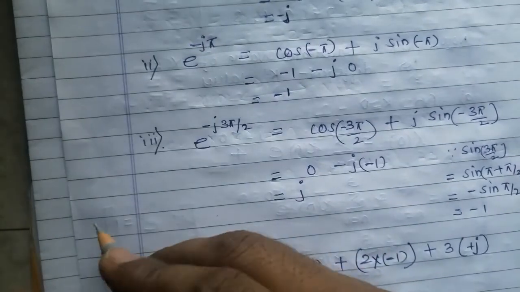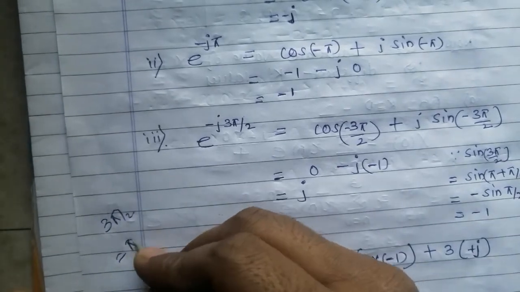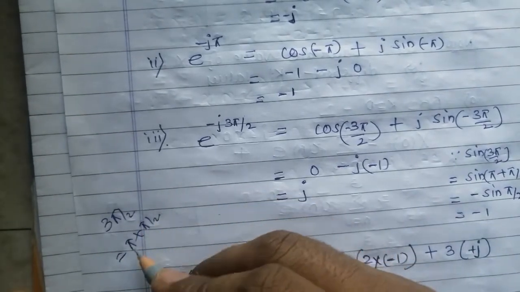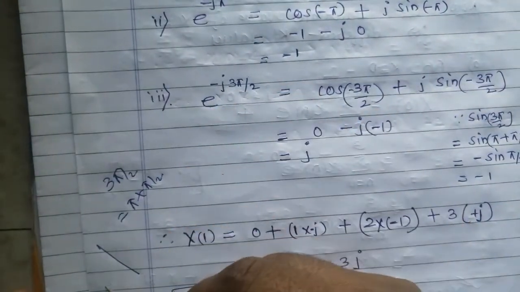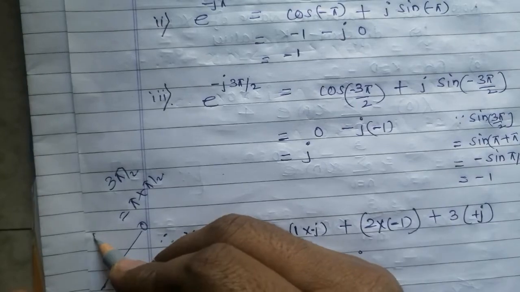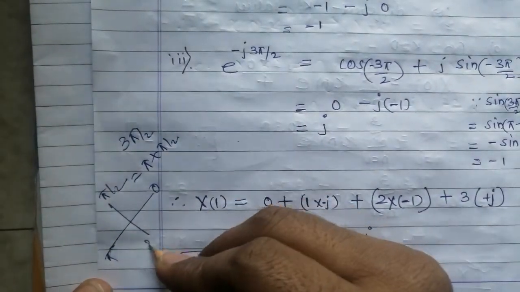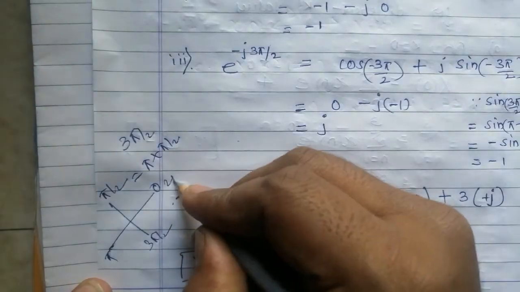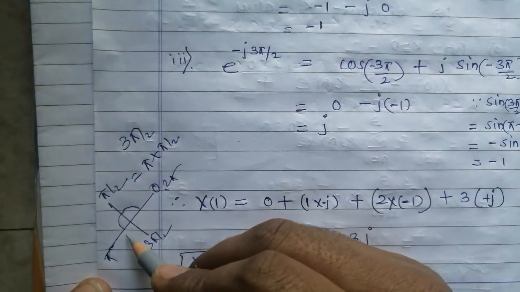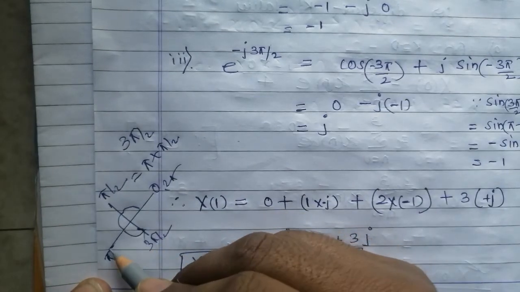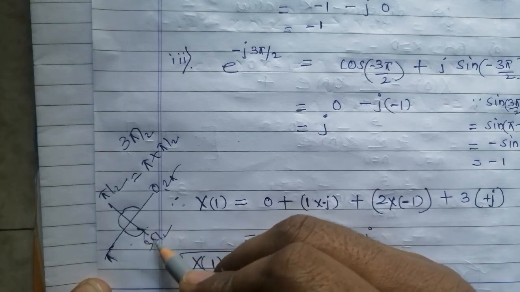You can write 3 pi by 2 as pi plus pi by 2. So if you have studied about the quadrants, then here it is 0, here it is pi by 2, then here we have pi, then we have 3 pi by 2, like again 2 pi. ठीक है. So 0 to pi by 2, pi by 2 to pi, up to 3 pi by 2. So it's like pi plus pi by 2. So we reached up to this point.